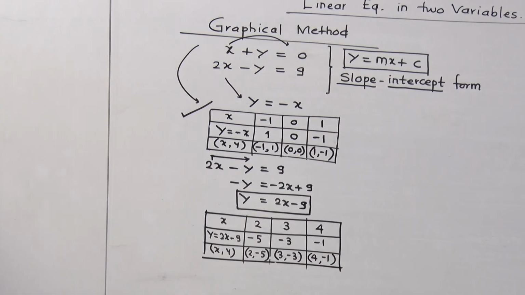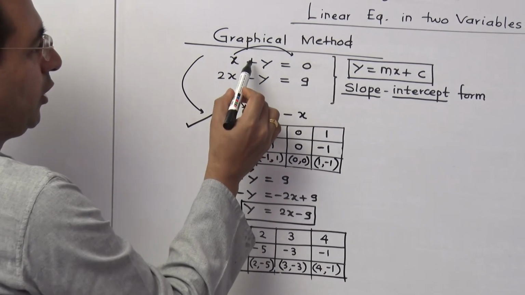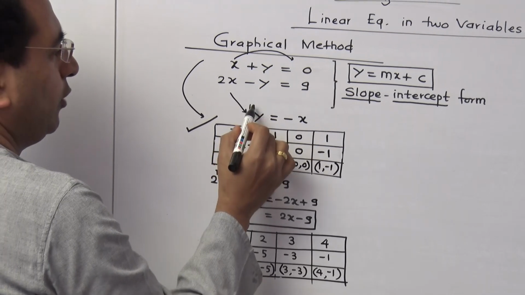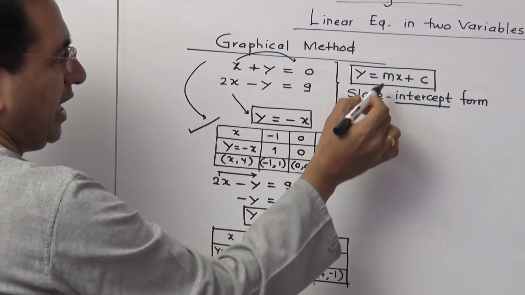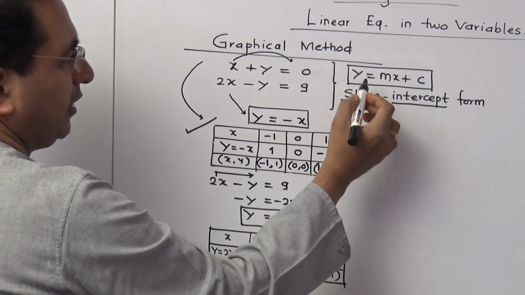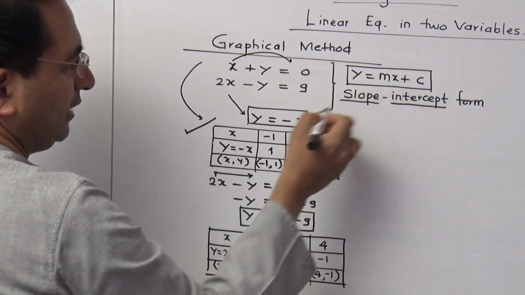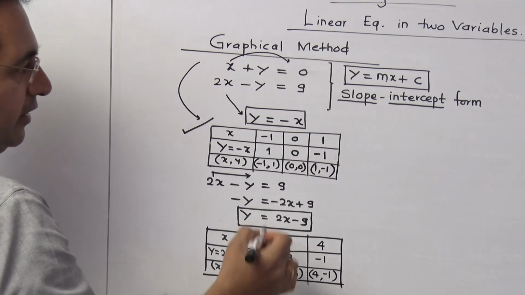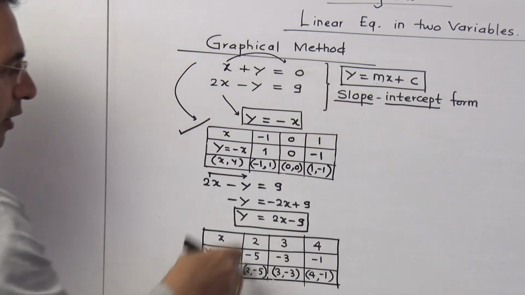It is plottable. So what you want to do here in this case, whatever equations are given to you, you have to convert into the form y is equal to mx plus c. I will tell you what happens when you are converting it like this. Now when you write the equation like this form, then after drawing a line, we can cross check based on this. I will tell you one by one.